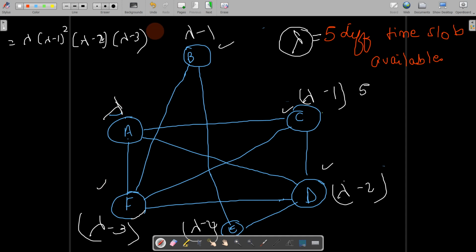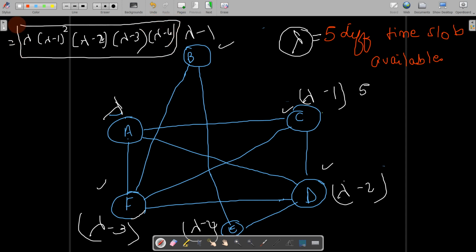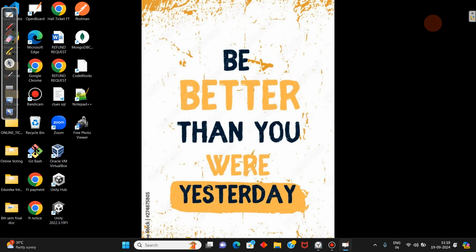So this is the chromatic polynomial for the graph. If you have a certain number of different time slots which is greater than the minimum, then this tells in how many ways you can conduct this exam following the constraints. Okay, so I hope you are clear with the difference between chromatic number and chromatic polynomial